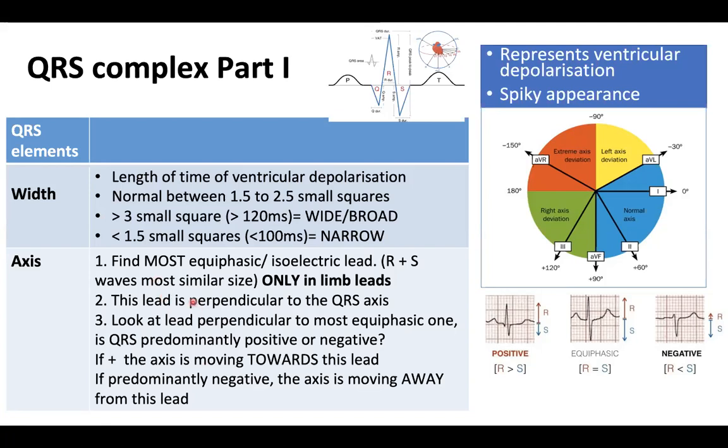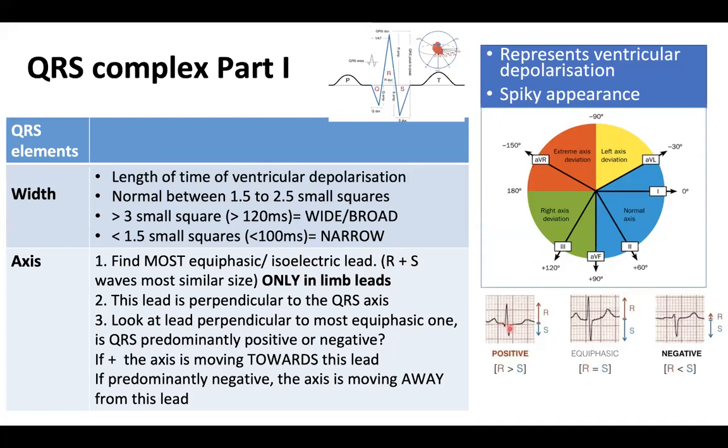So basically, I'll just mention all the points here and then we'll go through it practically. But I like to look in the limb leads and find the most equiphasic or isoelectric lead. So basically the lead in the limb leads in which the positive R wave and the negative S wave basically cancel each other out. So if you look here,